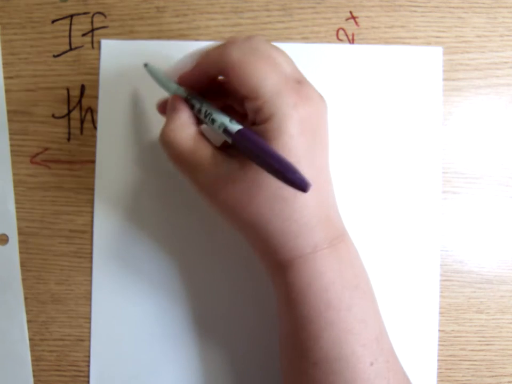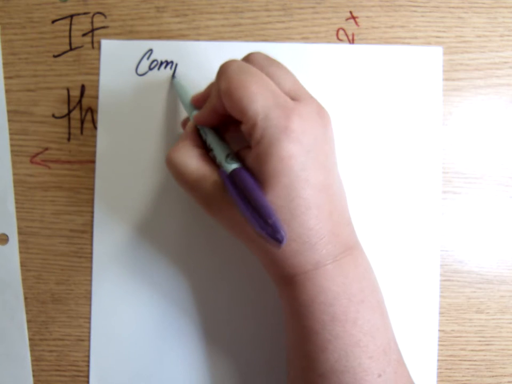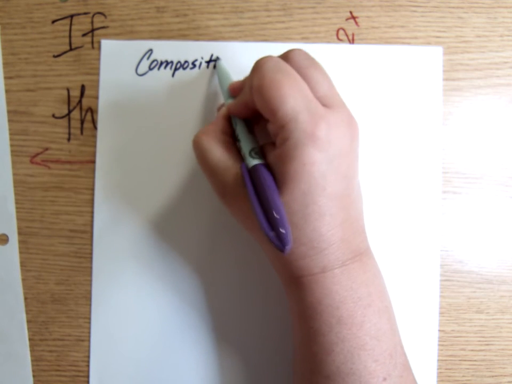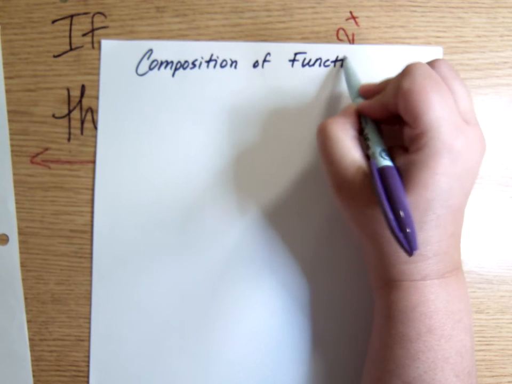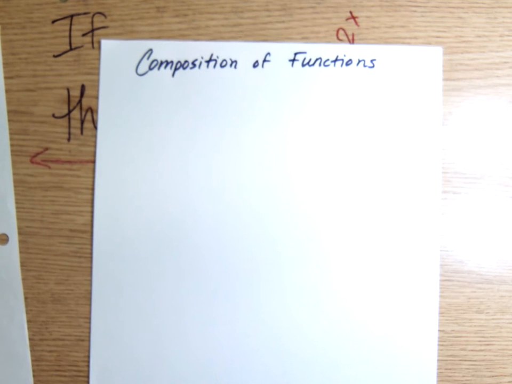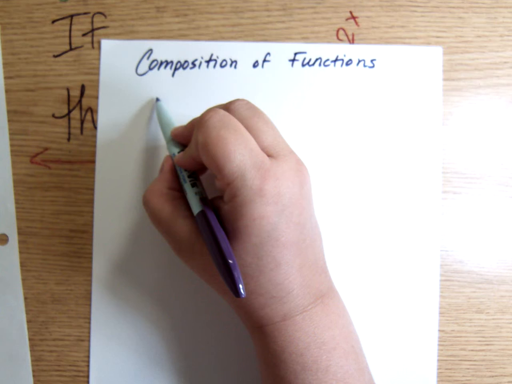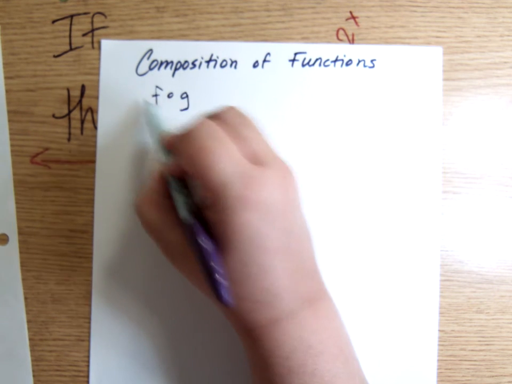All right, looking at composition of functions is what we're doing here. Composition of functions is a really big, important topic, in that we use it time and time again. Now, this is where you're basically plugging in one function into another and vice versa. F of g of x